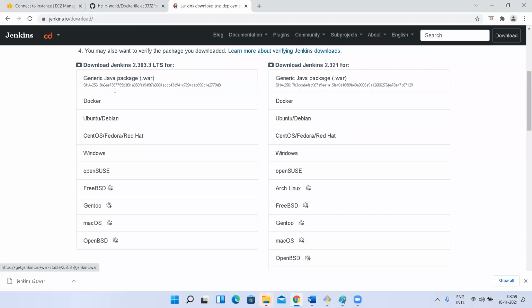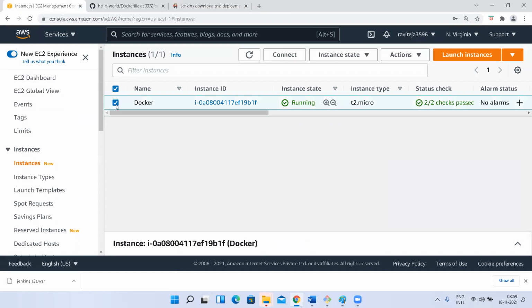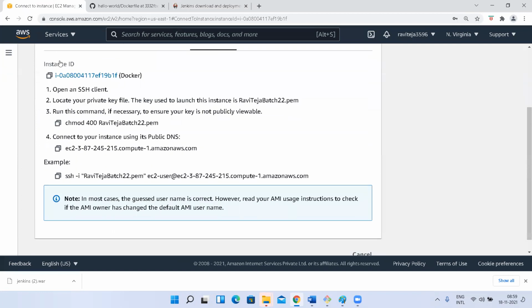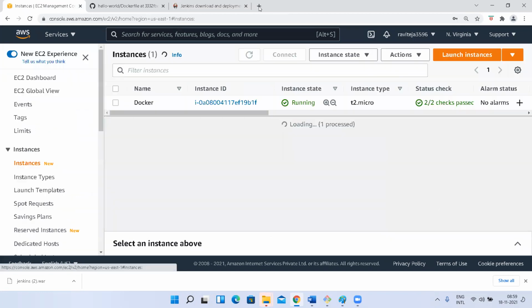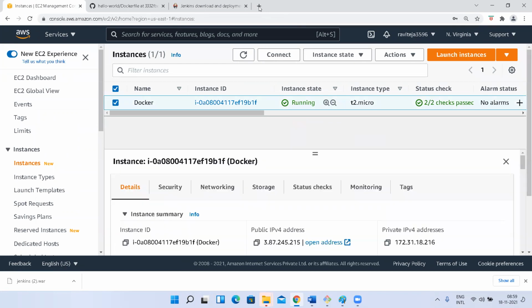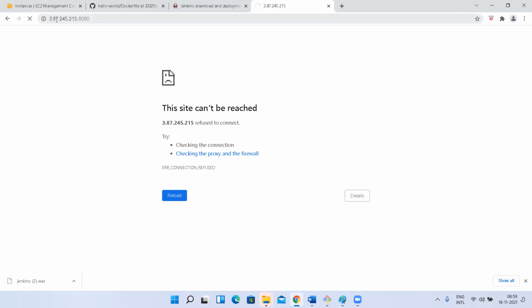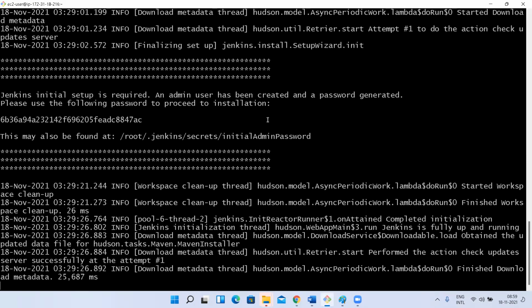So now how to access the container? Okay, let's see this once. So we should not start like that, we have to give something else also. For now, let me get the IP address. Okay, so I can access like this, but we should not be accessing directly like this. If you try to access like this, it will not work. Accessing is correct, but how we started the container is not correct.